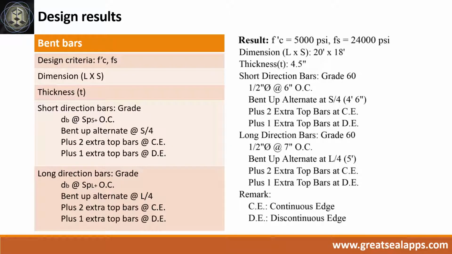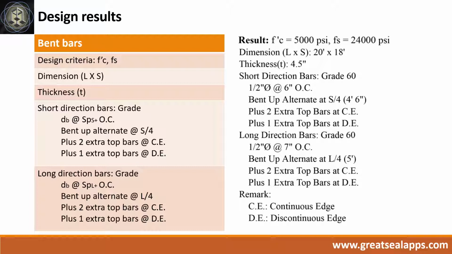Design results are as follows. Fc prime equals 5,000 psi, Fs equals 24,000 psi, dimension is 20 feet by 18 feet. Thickness is 4.5 inches. Short direction bars at grade 60. Half-inch diameter bar at 6 inches on center. Bent up alternate at S/4, plus 2 extra top bars at continuous edge, plus 1 extra top bar at discontinuous